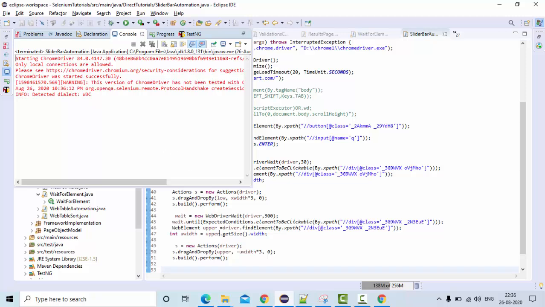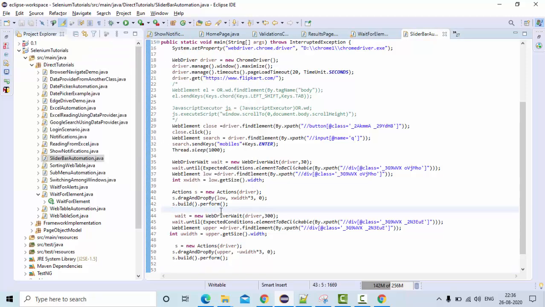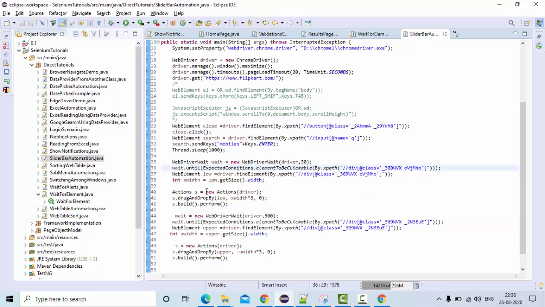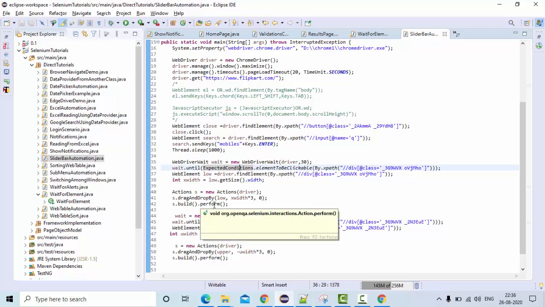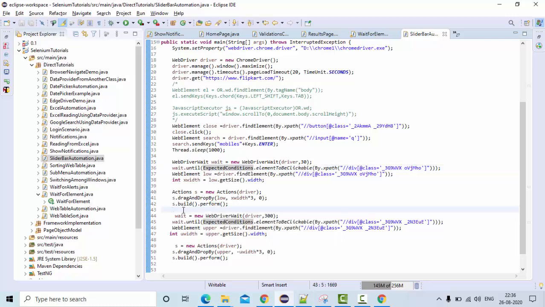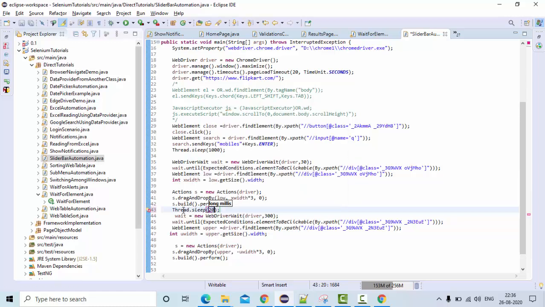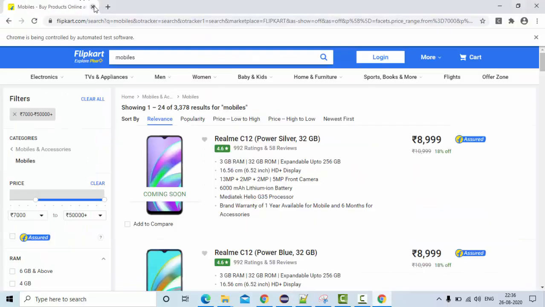Let's see, it executed. Okay, so when you completed the first one, just give more time here. So I'll use thread dot sleep here, of something like this, and let's see the output.